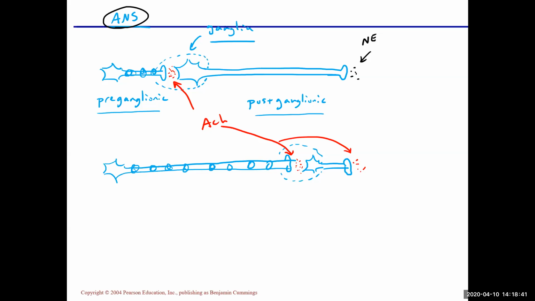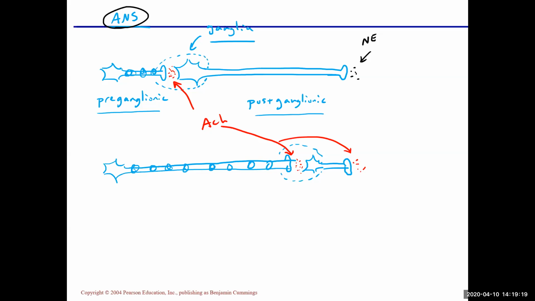Okay. All right. Next up, remember, the first neuron are lightly myelinated, so the speed is not as fast. And another difference is there are two neurons instead of one long one when you're comparing it to the somatic nervous system. All right. So there are differences between them. There are differences between the neurotransmitters and their effect as well. All right. Now, on the autonomic nervous system,